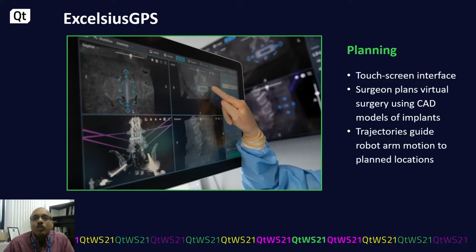The way a surgeon would use planning is they would drag and drop an implant, and I see one of the spacers here, and they can use these buttons to move it where they need to virtually plan the surgery. And that results in trajectories. I'm showing 6 trajectories, which are shown as purple lines coming out. The idea is that in the operating room, after registration, the robot will move the guide tube to each of these purple lines. And that will allow the surgeon to insert different kinds of instruments through the guide tube to complete the surgery.